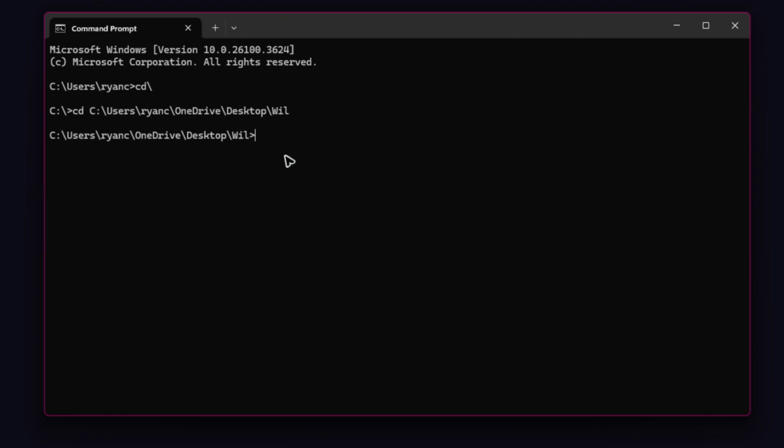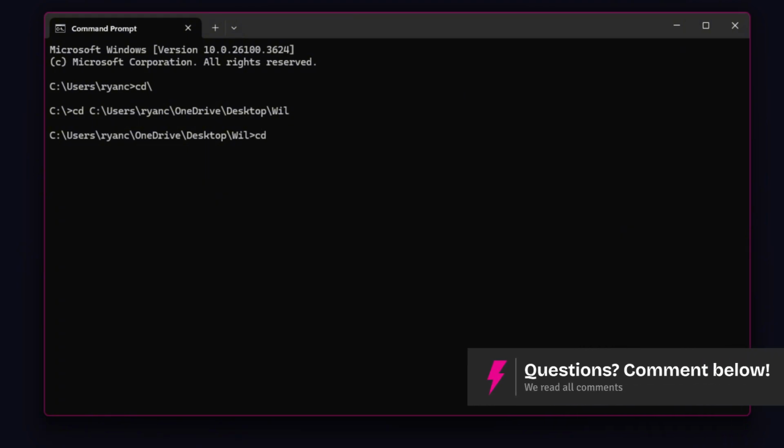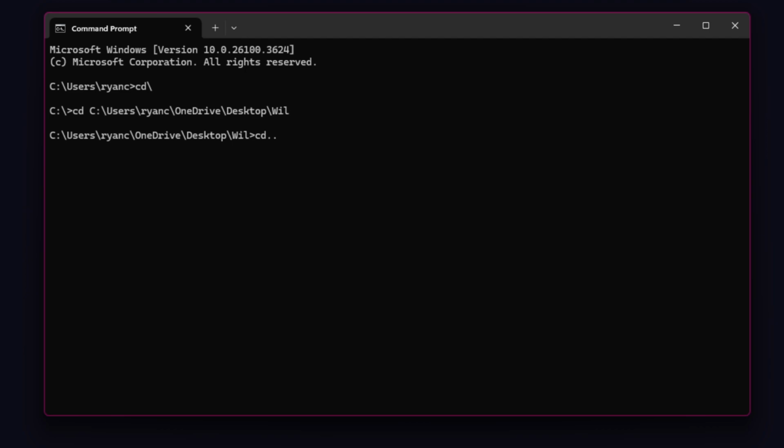and the folder. If you just want to go back one folder, for example, you wanted to use just Desktop, not the folder right here, you wanted to use all the desktop folders or files, what we're going to do is just type in cd, then 2 dots. Hit enter, and as you can see here, we are now using the Desktop directory,